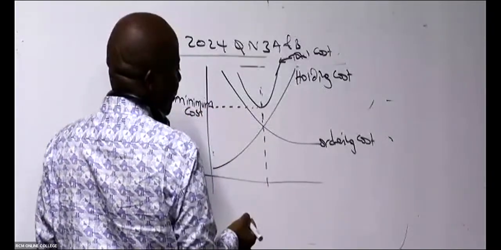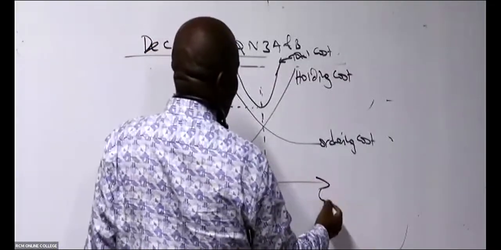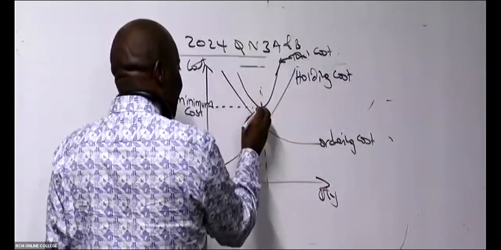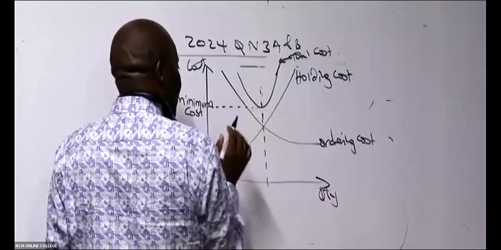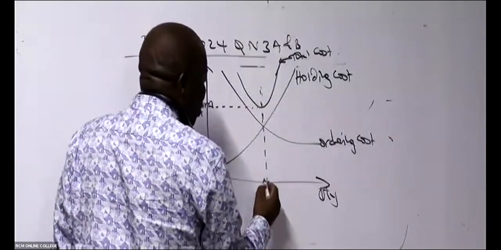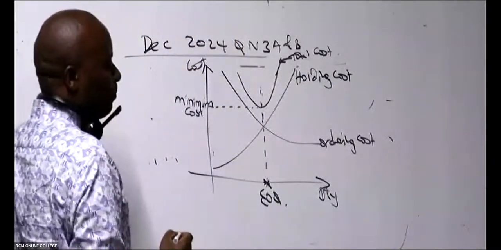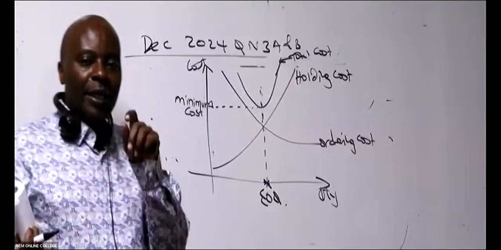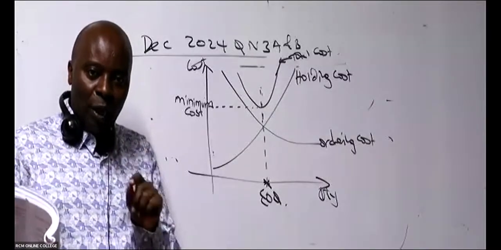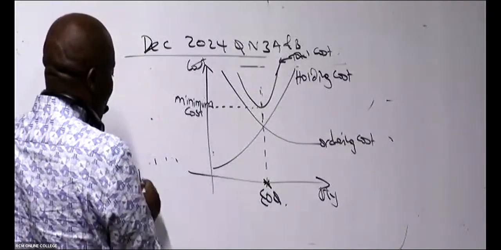Minimum cost. If this is your cost profile and this is your quantity profile, the quantity which strikes the total cost at the very lowest, the quantity which corresponds to minimum cost, is what we call the economic order quantity. The economic order quantity is the cost minimizing quantity. And one thing that you're supposed to be seeing here outrightly is that at EOQ,